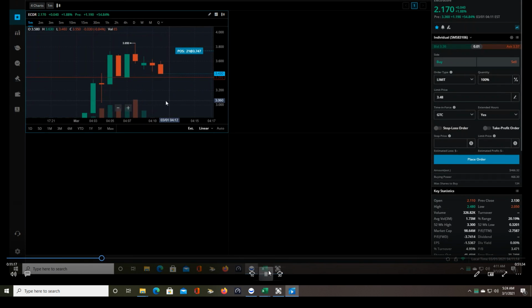I'm not sure if Webull glitched here, but it looked like the price stopped moving for a moment. And you'll see me hit refresh right here. And you see what happened. So not sure if that was a glitch or not, but as soon as I saw that break my stop